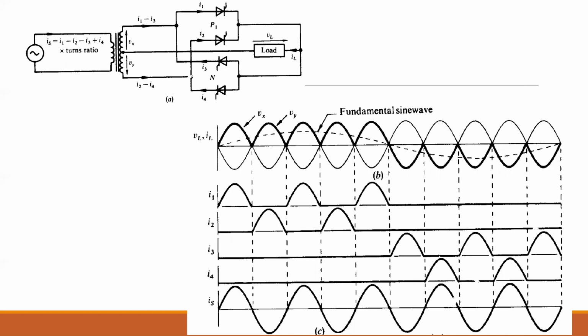So what happens when the Vx positive cycle comes? Here two types of input voltages are present. One is the positive voltage, that is Vx, and the other is the negative voltage, that is Vy. Both are reciprocal to each other, such that when the Vx positive cycle is there, the Vy negative cycle will be provided to the other thyristor. When the Vy positive cycle is formed, the Vx negative cycle will be there.